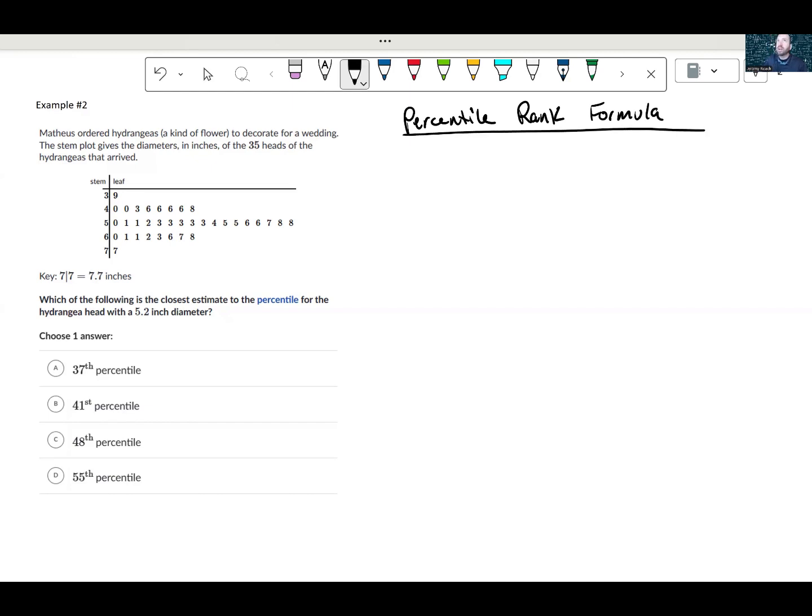And the percentile rank formula is the number that we are at or below, the number that is identified. In this case, it's saying find the percentile for a hydrangea with a 5.2 inch diameter. So that's the number at or below